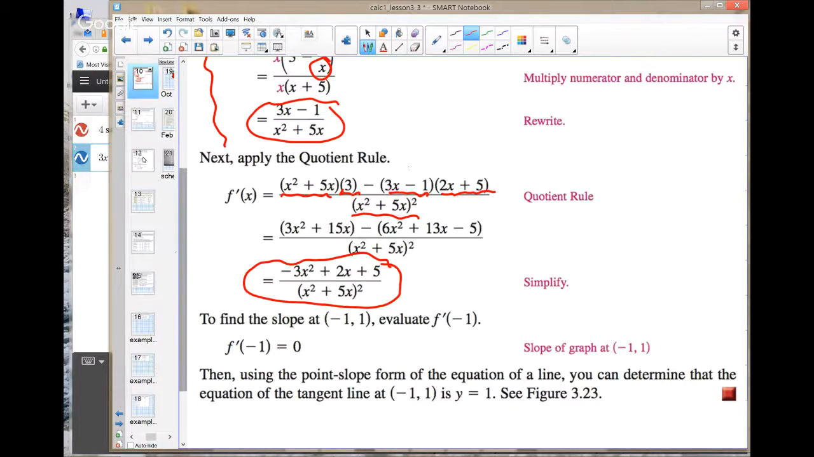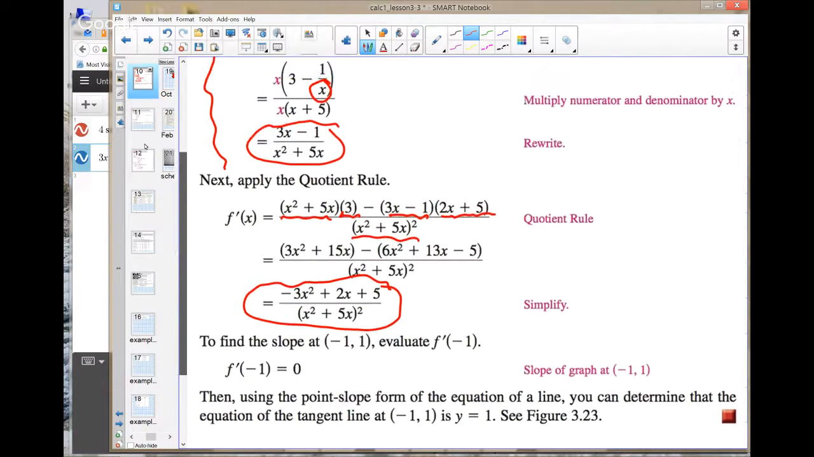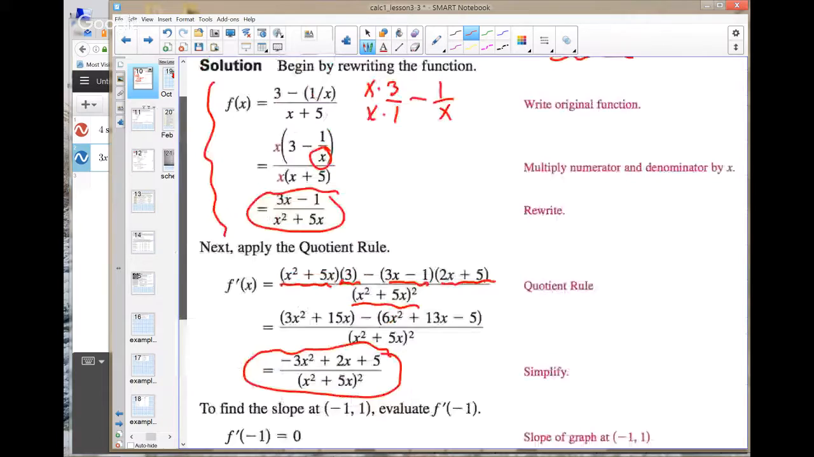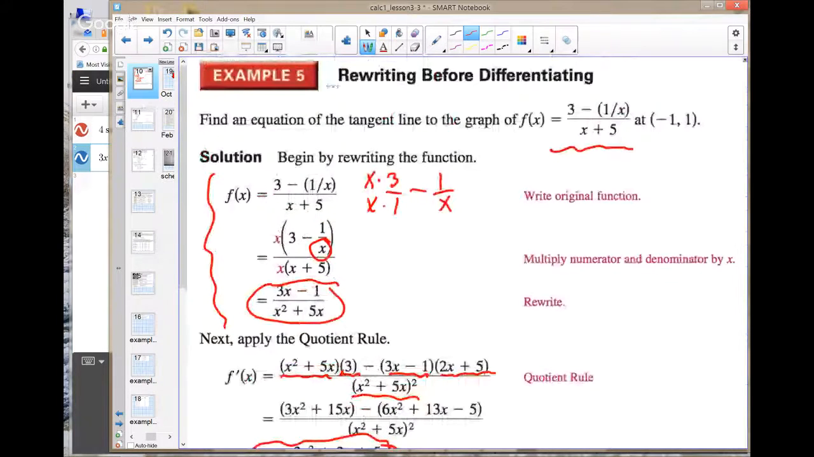Now, there was more to this problem. Let me just go to the top. It didn't just say find the derivative. It said find the equation of the tangent line. And they gave us this point here. So, we've done those before. So we've got the derivative. Now we need to find the derivative at